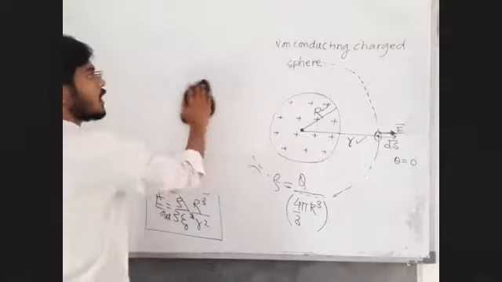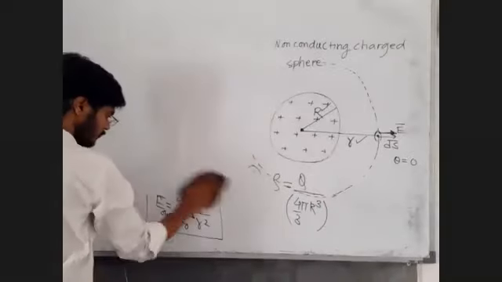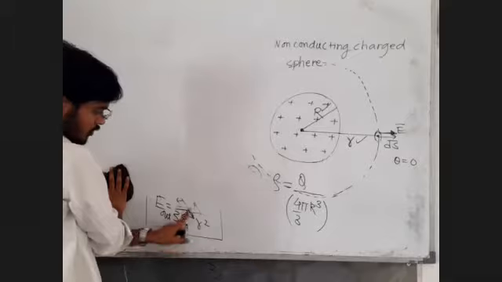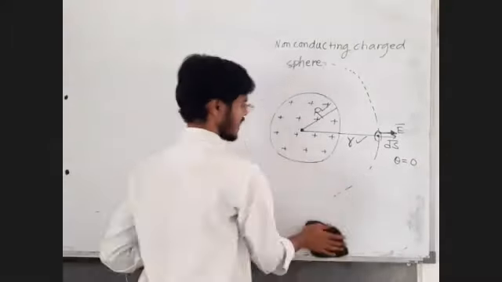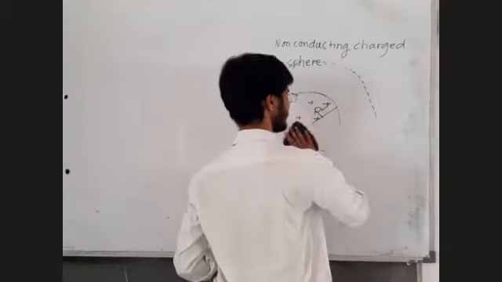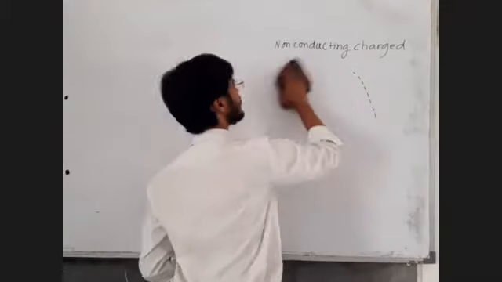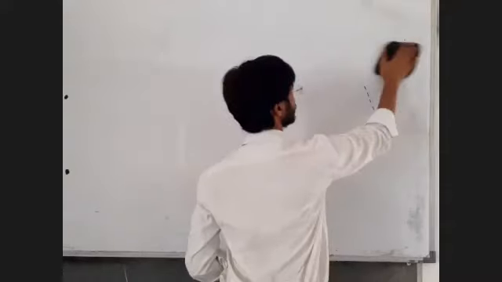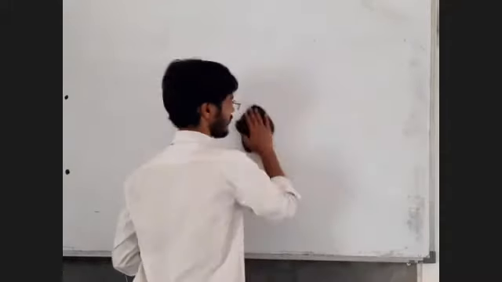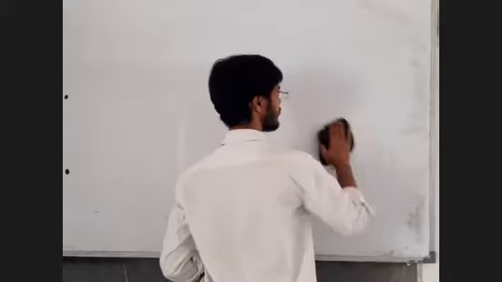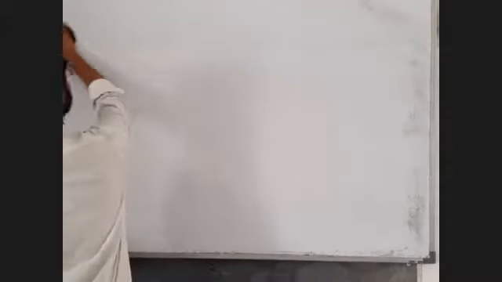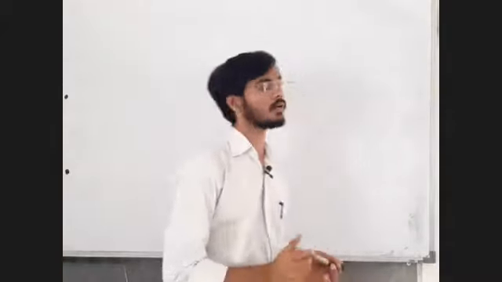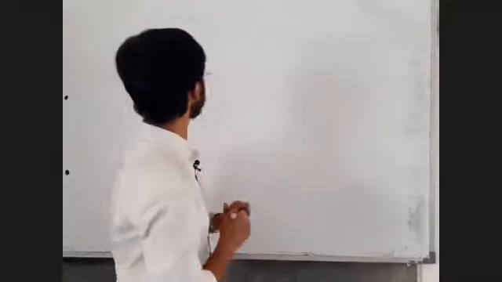Fine. So for the non-conducting charged sphere, outside the field is rho R cube upon 3 epsilon 0 r square. Not all formulae are to be remembered. There is no need to remember everything; they stay automatically. Just by practicing some examples, those formulae get remembered automatically. I also do not remember all of the formulae, but I have confidence that with Gauss theorem I can derive any formula, whatever I want, in whatever situation.